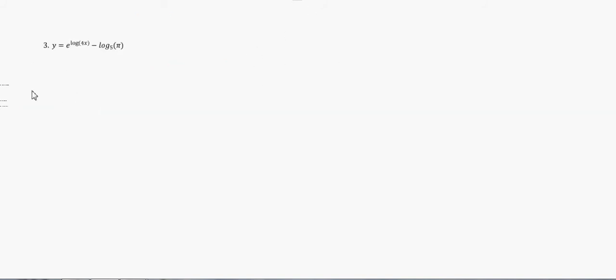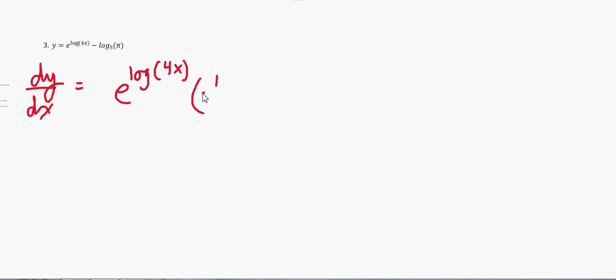Number 3. Again, these are also separated by a big minus, so we can handle them each separately. The derivative of e to any power is e to that same exact power, as long as it has a variable in it, as long as it's not a constant, I mean, times the derivative of that power. Well, the derivative of log base 10, because there's no number there, that means log base 10, of 4x is 1 over ln of 10 times 4x times the derivative of what's inside of the log, which is 4x, the derivative of that is 4,